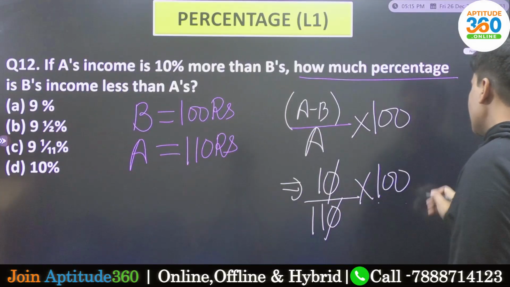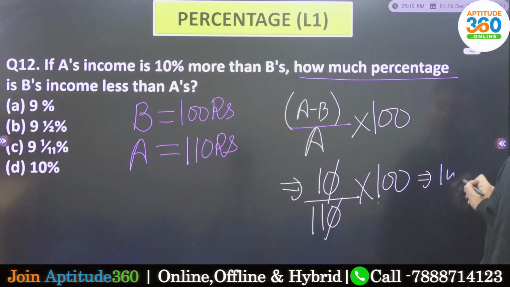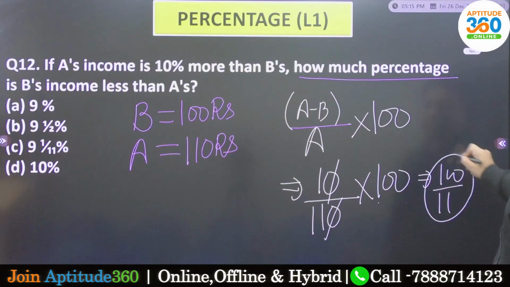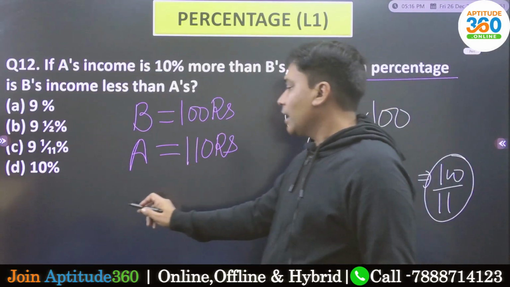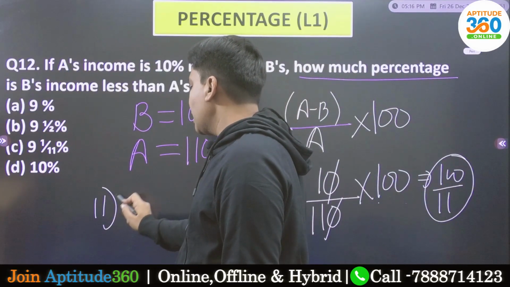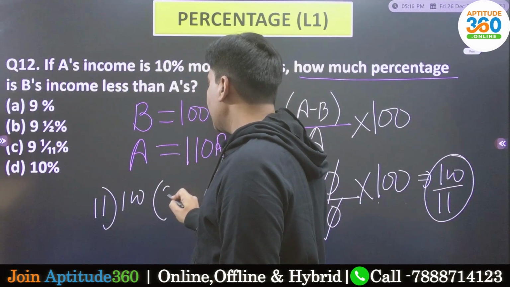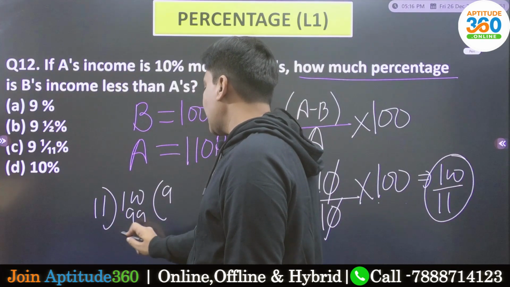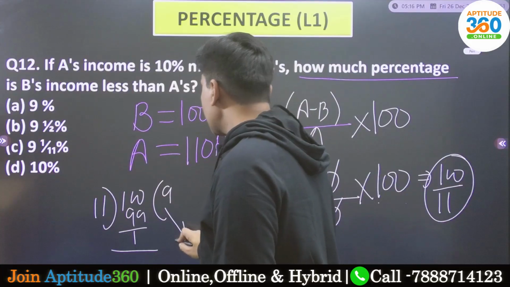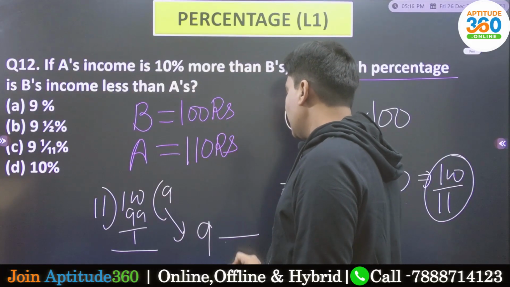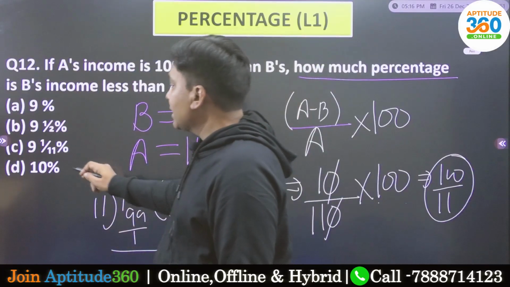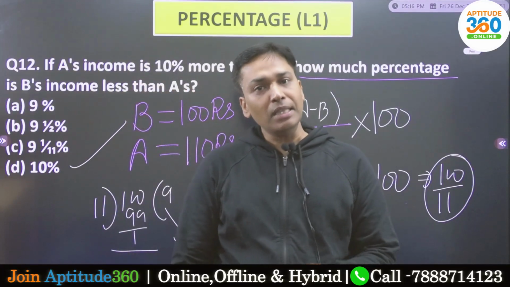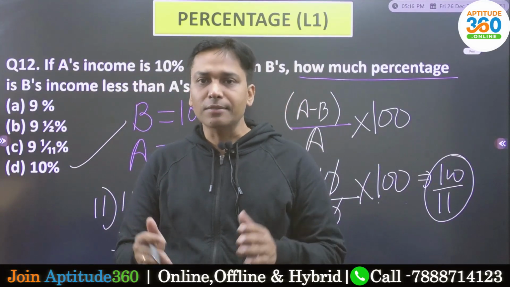And if you simplify this, what are we going to be getting? 100 upon 11. 100 upon 11, fraction की क्लास में आपने सीखा 9.09. But here if you want to simplify this, 100 should be divided by 11. This is 99. This is 1. So what is the value? This is 9. This is 11 and the remainder is 1. So it is going to be 9 1/11%. Simple, isn't it?